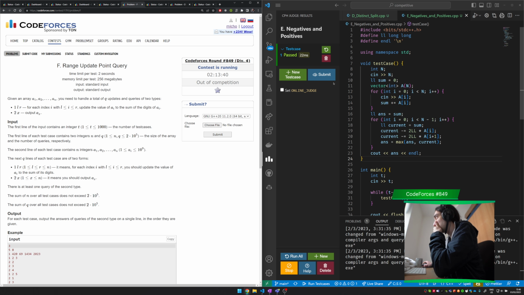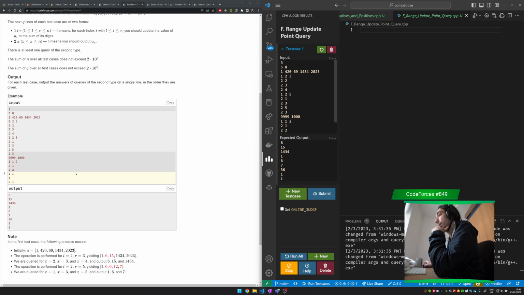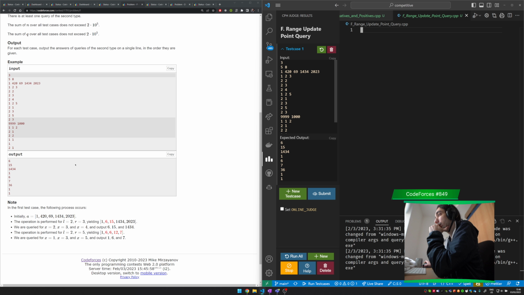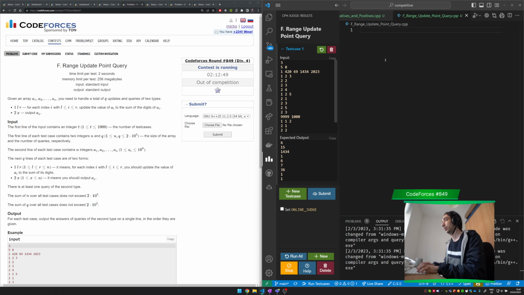After some iterations, the value will become one number, and what we want to do is we want to have